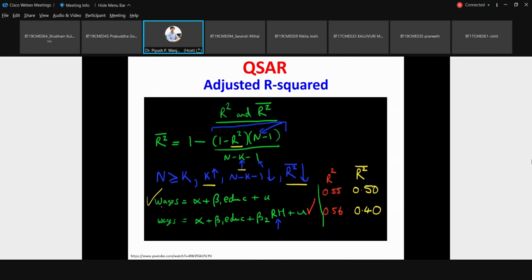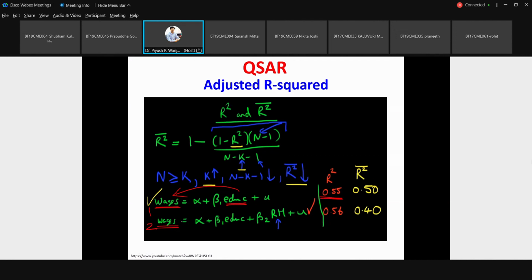Here they have given a simple example, like the wages of a particular employee. It is dependent on some factors, so you can develop different models. Suppose two different models are given. In model number one, wages depend on factors like education. Education is proportional to how much wages that person is going to get. Based on that, they have calculated some R square value.